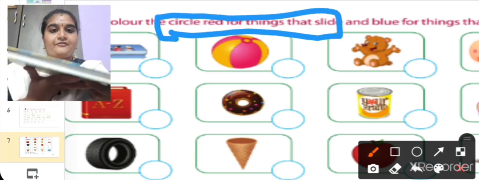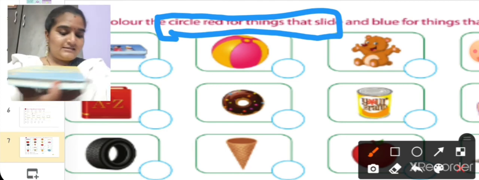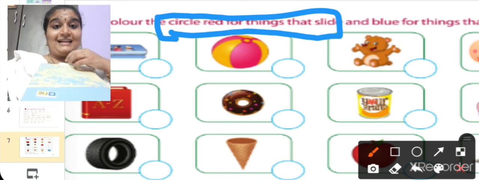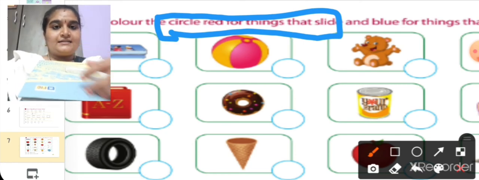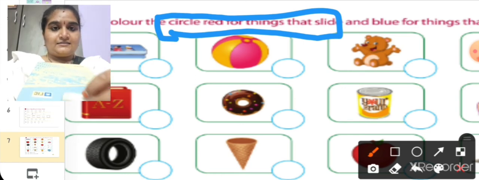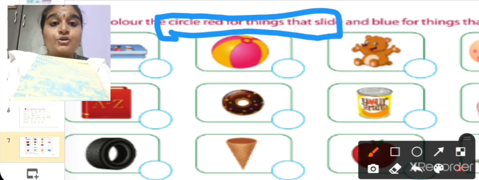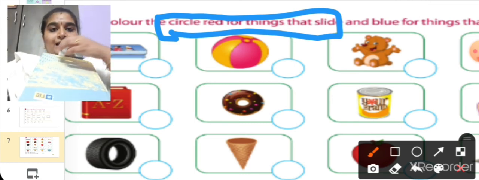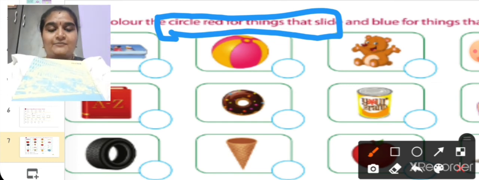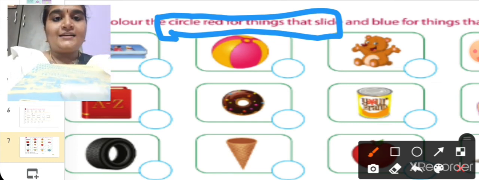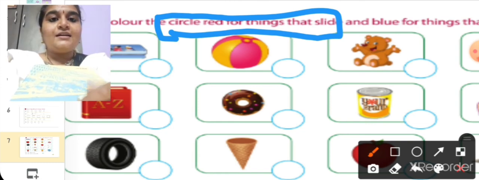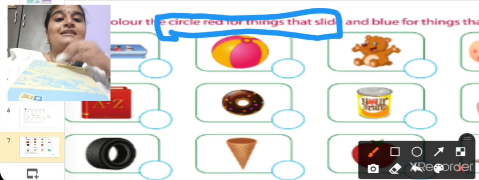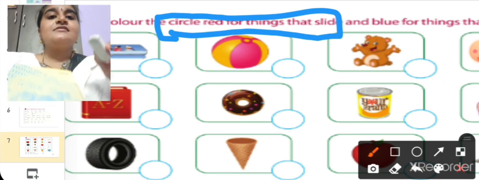This is the surface. Something is like this, and I am keeping an eraser. This slides down. This is sliding down. You will play in the slide. If you sit like this, you will come down like this. This is called sliding. You are going to color red which slides.